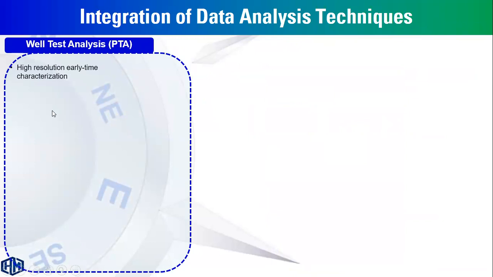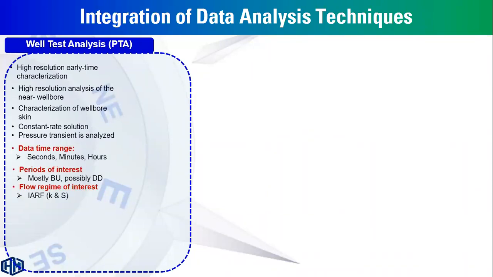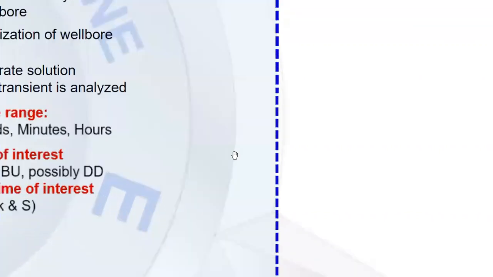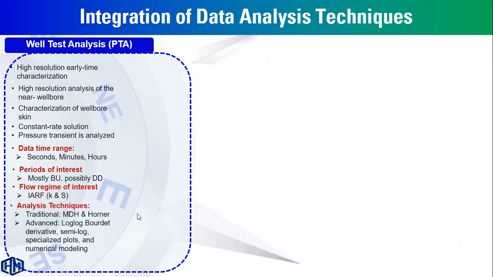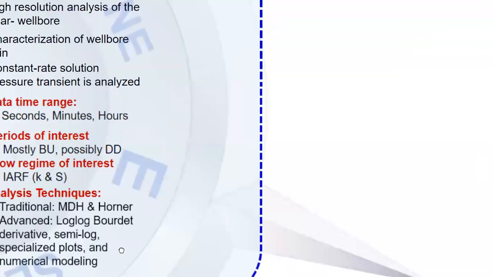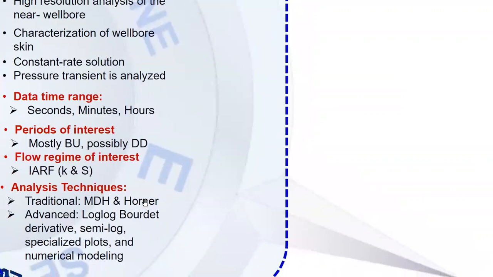So PTA uses high resolution, high frequency, early time data, and we have full characterization of the reservoir over a short period of reservoir history, and the data range is maybe minutes or hours. The period of interest is mostly buildup data. The main flow regime is the infinite acting radial flow. Analysis techniques are the traditional ones like the Horner plot or MDH plot, and the advanced or most recent techniques like the log-log plot with derivative, or semilog,